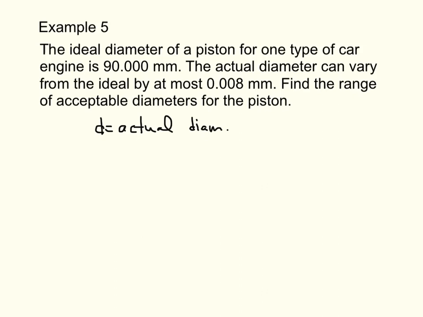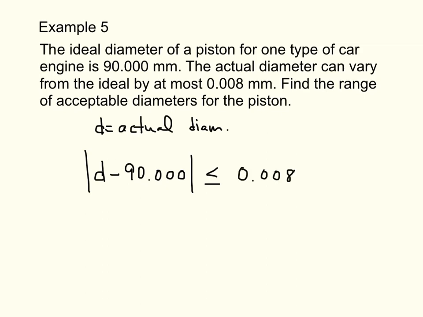If we subtract 90 from the actual diameter, that's going to give us a difference. Now, if it's exactly 90, great. That's exactly where we want it. But if it's a little over or a little under, remember the difference has to be positive, so that's why we have absolute value. If we subtract the 90 from the actual diameter, we want it to be within 0.008 millimeters. So within means we want it to be less than or equal to